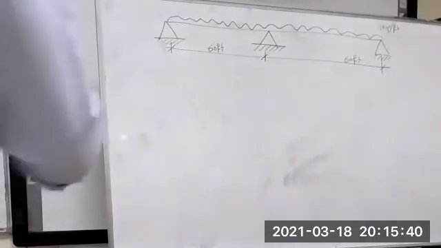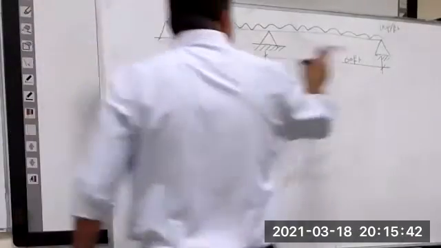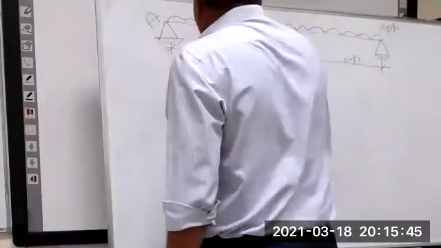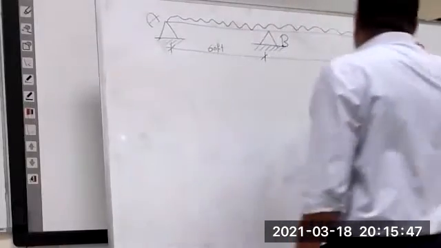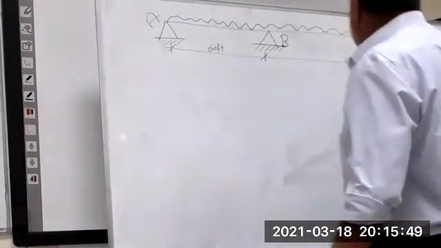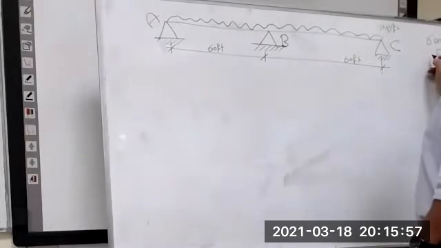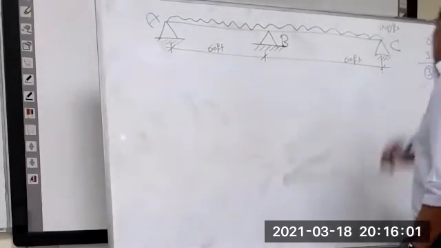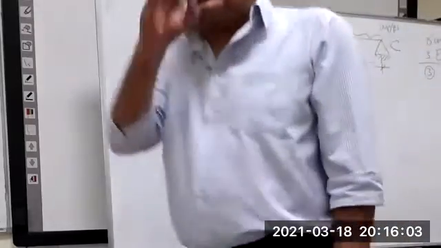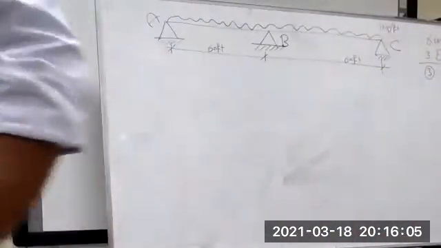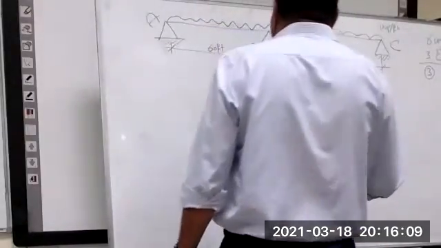We have how many supports? We have 1, 2, 3: A, B, and C. How many unknowns? 6 unknowns. How many equations of equilibrium? EOE equals 3. And now this beam is third degree indeterminate. How to solve these questions? And the second condition is telling you that